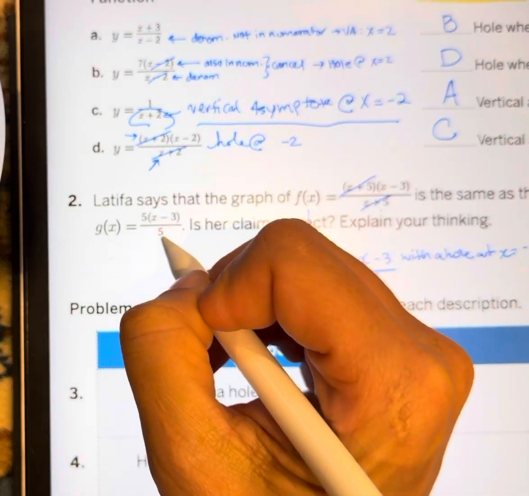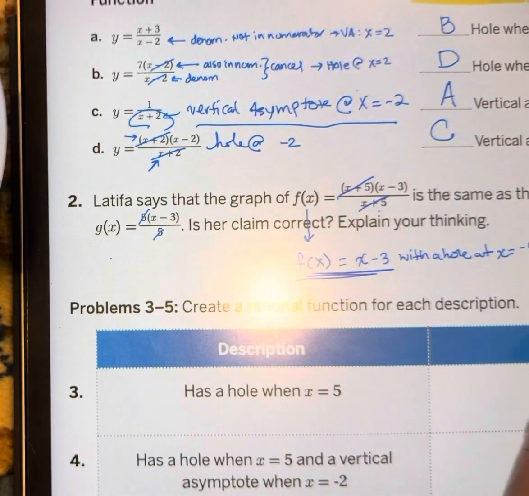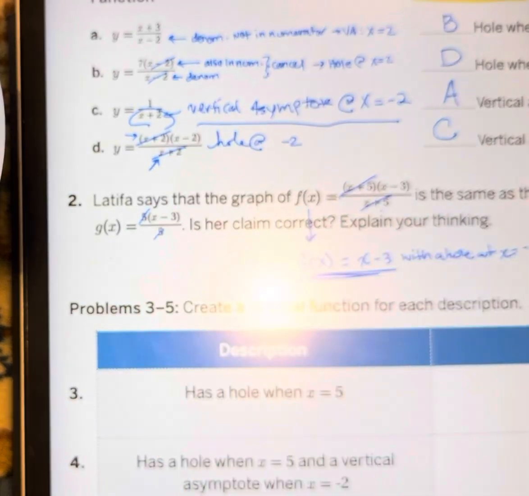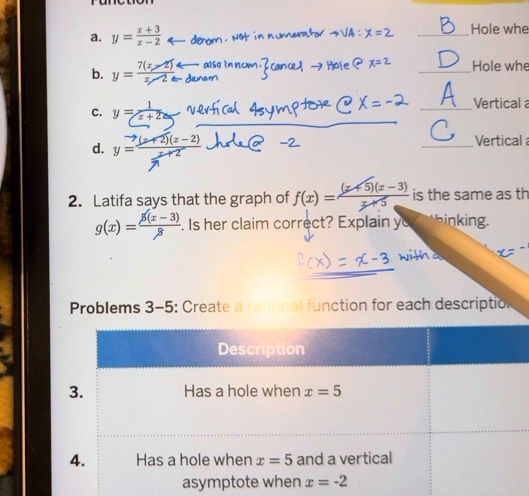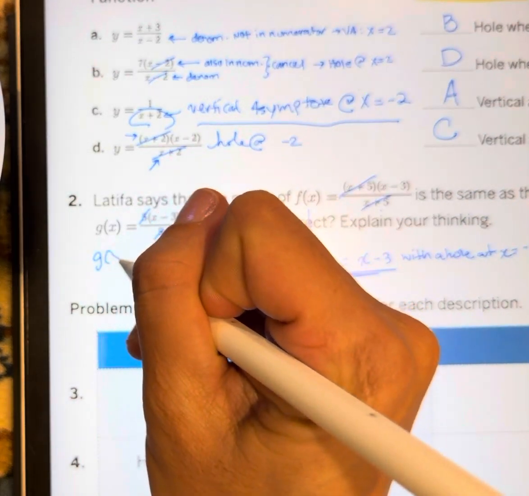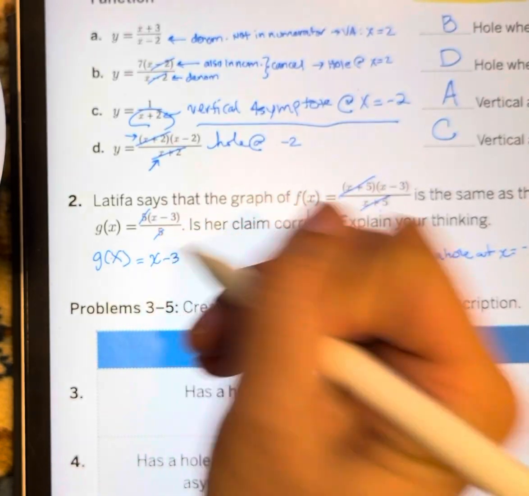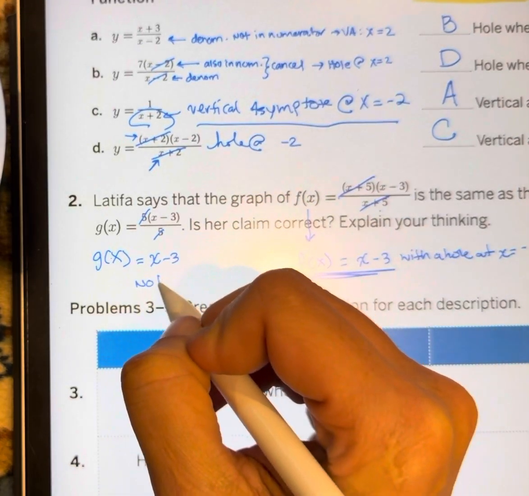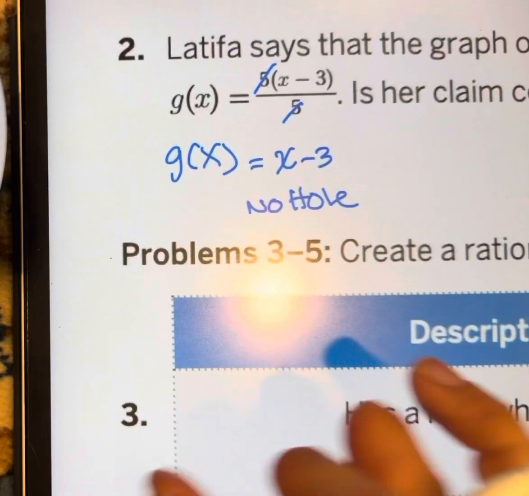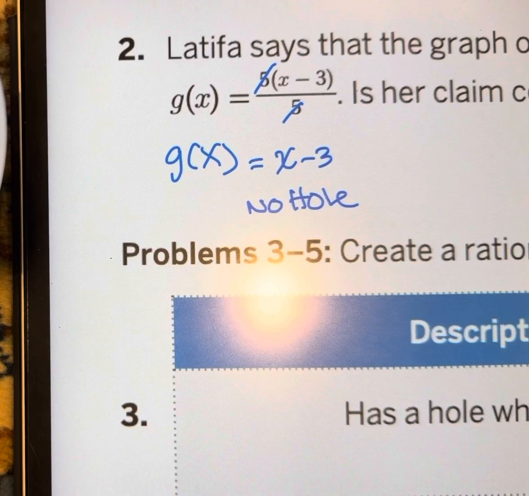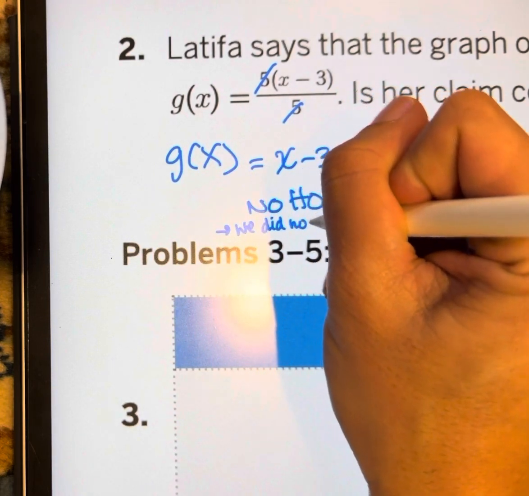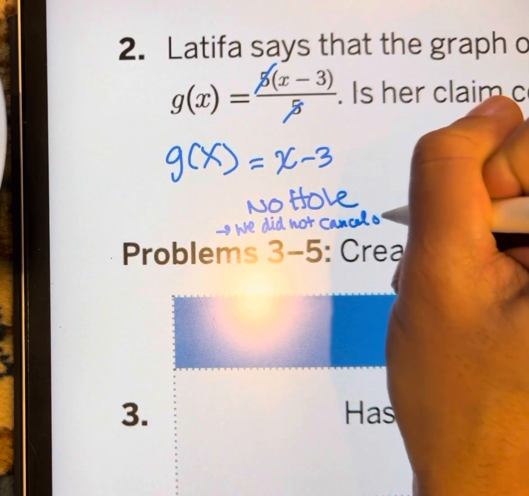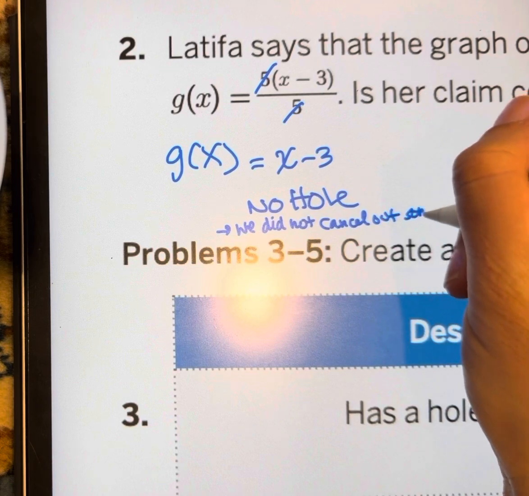G of x has a 5 and a 5 that cancel. That's just a constant, you guys. I can't make 5 be 0 like I could make x plus 5 be 0. So g of x is just x minus 3. No hole. All right. I bet some of you are going now, wait. Why is there no hole? We canceled something out. We did not cancel out something